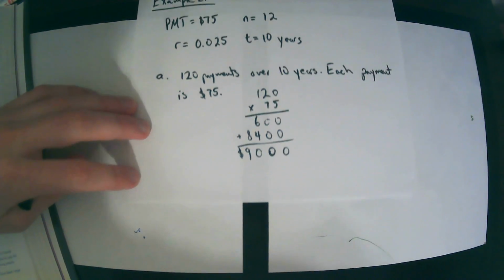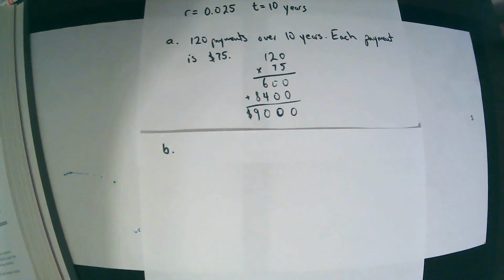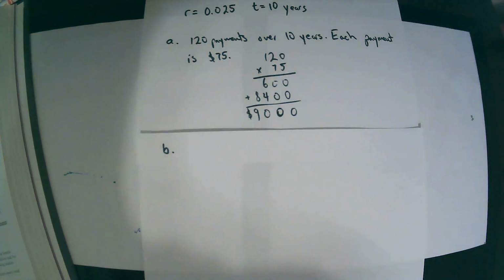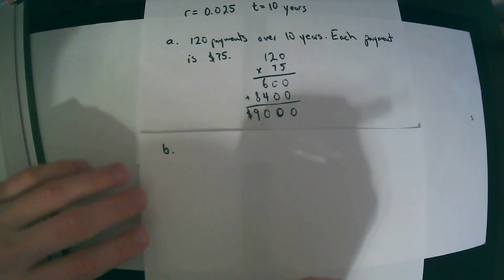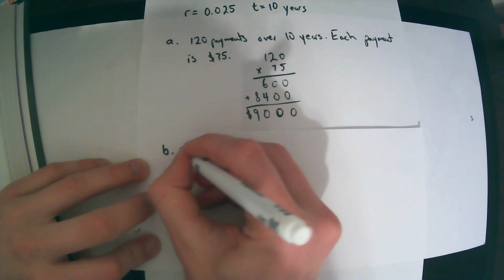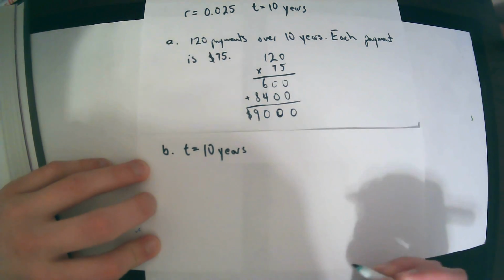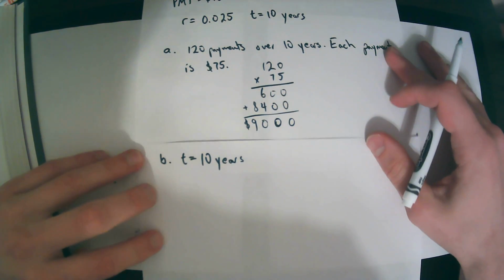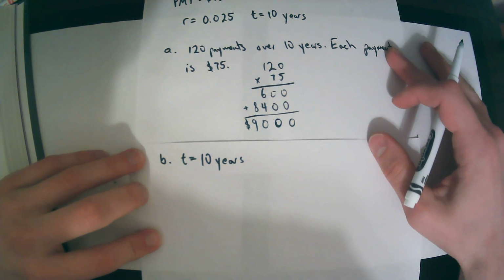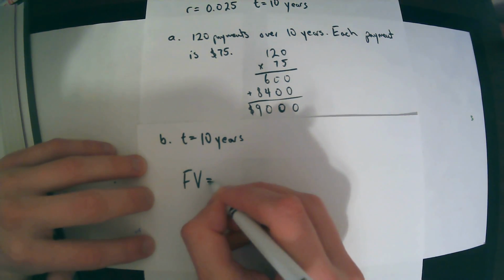Part B now is asking for the actual value of the money in the account. So we should definitely expect it to be more than 9,000. Calculate the future value of Daigle's savings in August 2024. So they're saying August 2024, he started in August 2014, so t is still 10, because he started in 2014 and they're asking for the future value in 2024, so that's 10 years later. All right, so future value is going to be payment